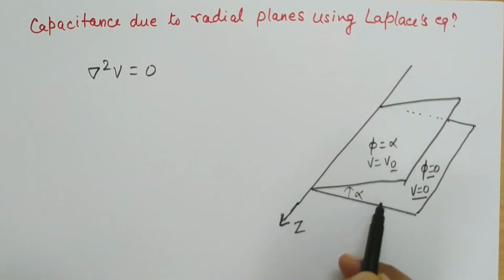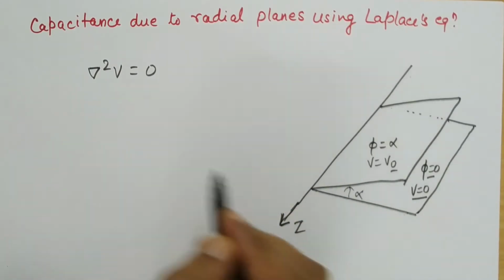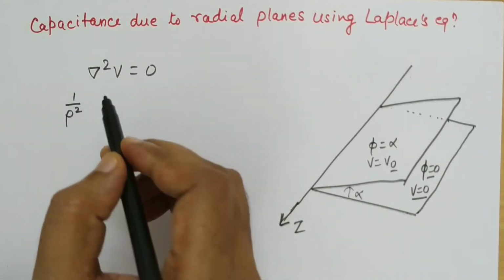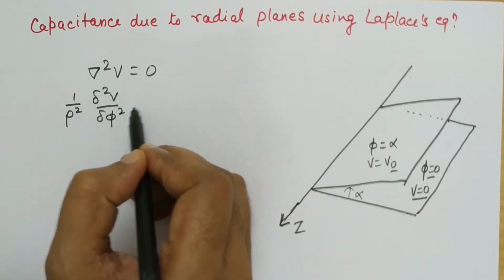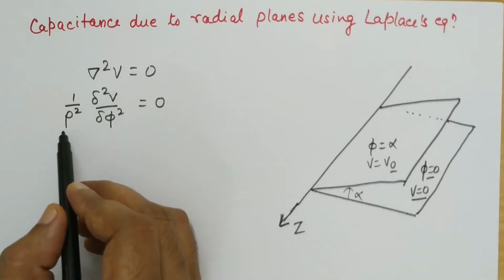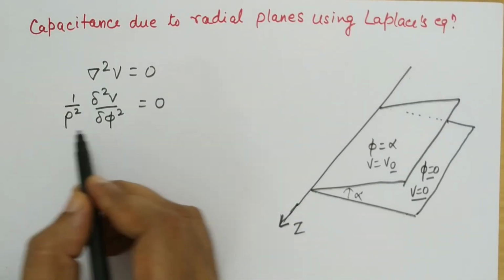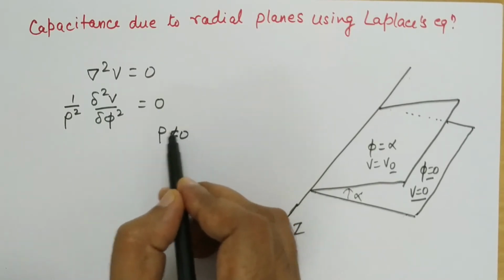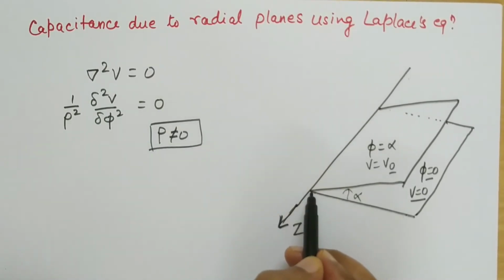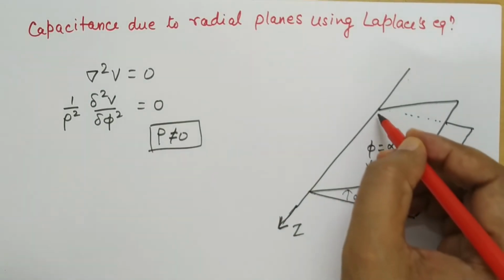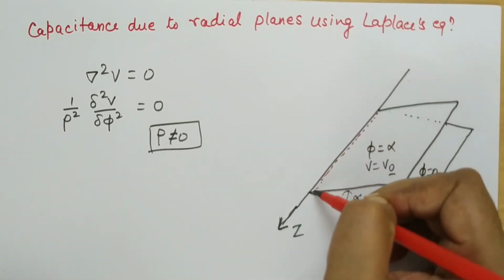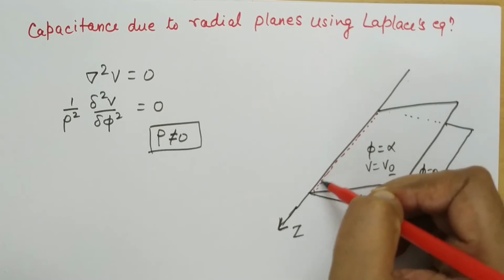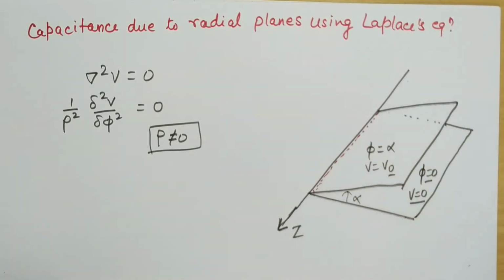Since the potential is varying only in the phi direction, we will only consider the phi direction, which is given by 1 by rho square del 2 V by del phi square equal to 0. And from here we can see that rho should not be equal to 0. If rho is 0, that means both will be at the same potential as it is connected at this point. There is one insulator which is insulating these two potentials so that there is no transfer of electrons between them